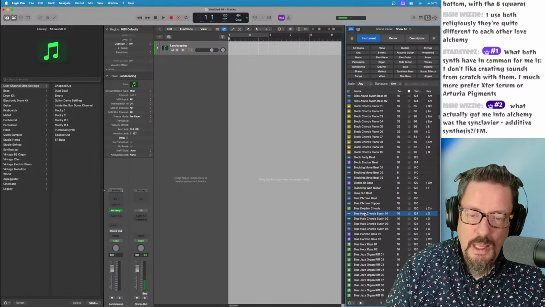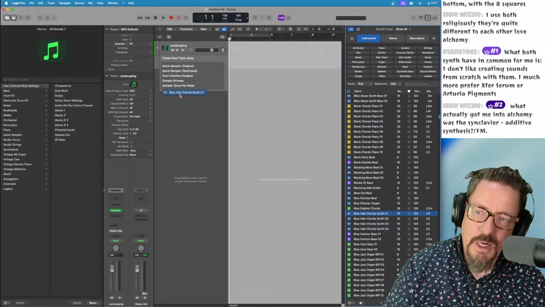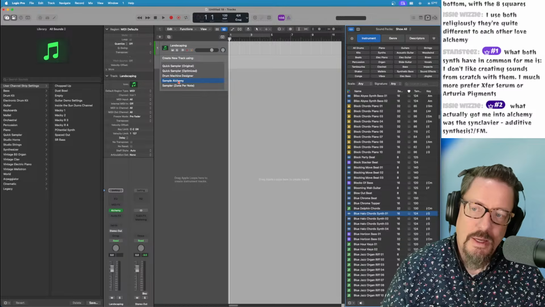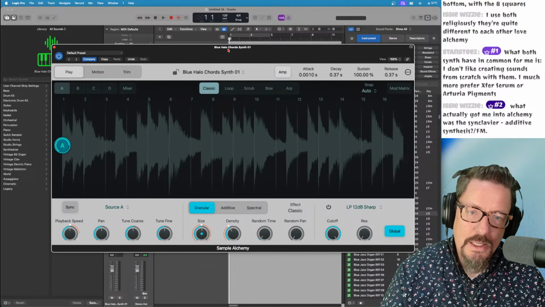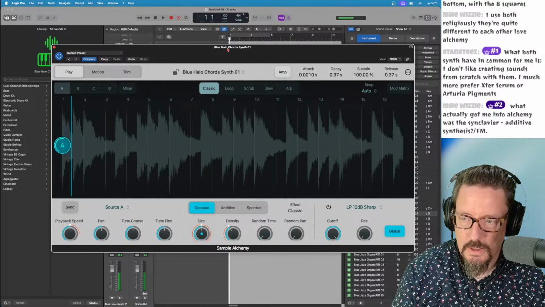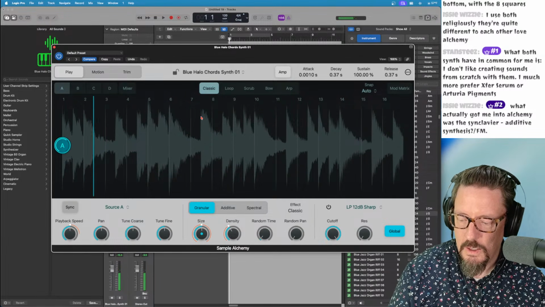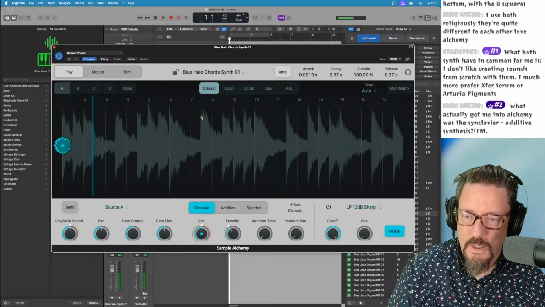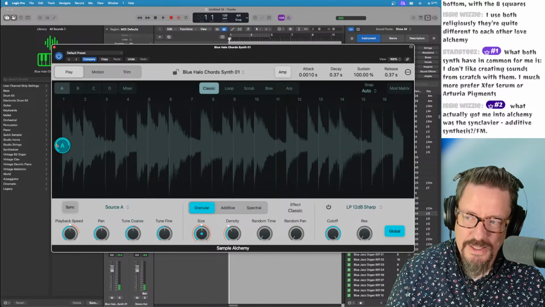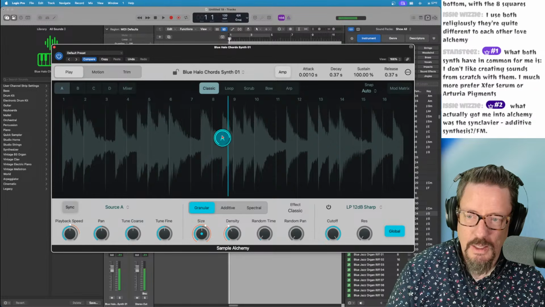Stop the playback. What we can do with this is just drag this into the empty space and bring it into Sample Alchemy. Now, Sample Alchemy is still Alchemy in many ways. But it does a lot of other things. A lot of this is actually made for a touch interface, so the Logic for iPad.